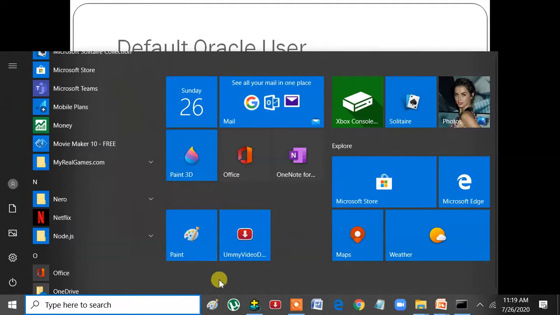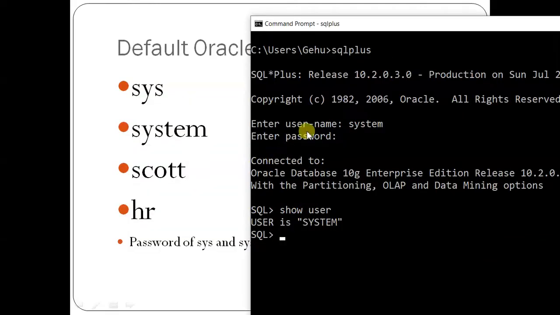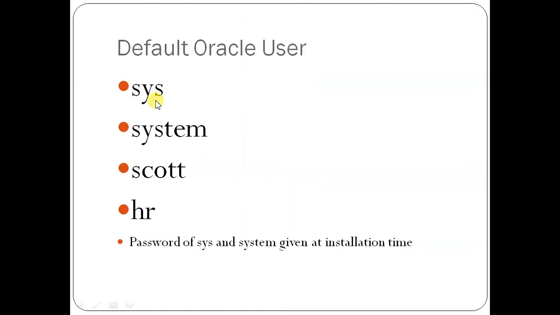Click on Run SQL Command Line. Again, the same username and password window will come. The default users were sys and system. Earlier there was also HR. Right now we are concerned only with system. These things will be covered later on.